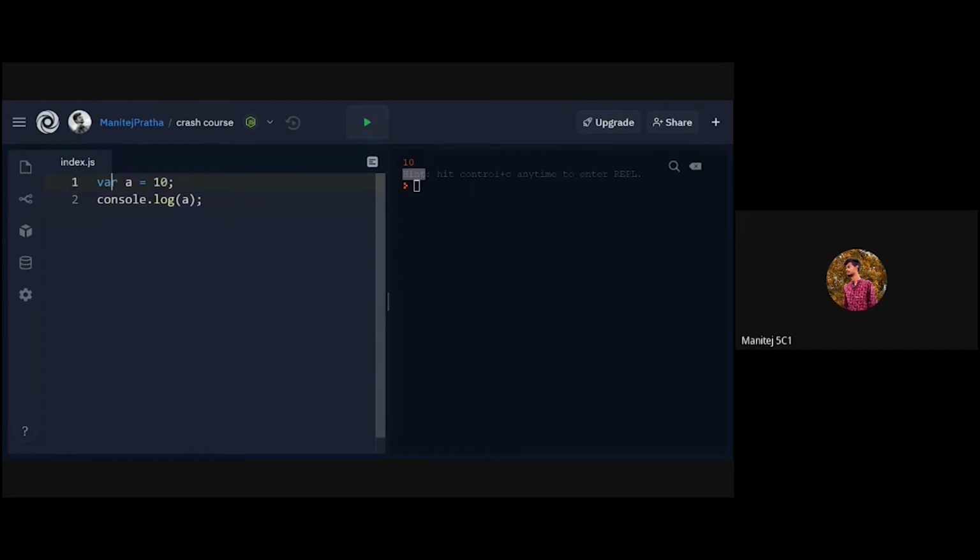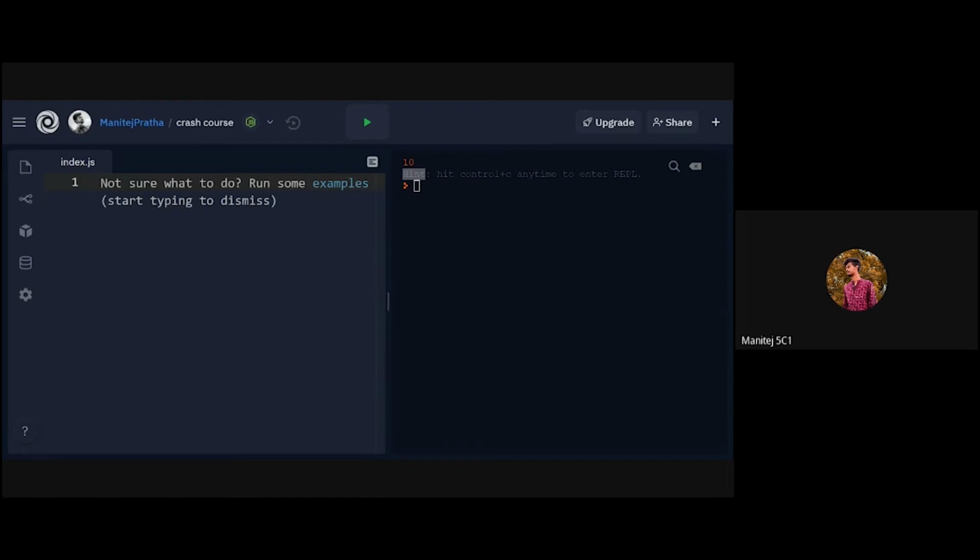You can also use var, but that's not recommended. I hope it's clear. Just a recap: to create a variable, the syntax is let variable name equals value, terminated with a semicolon. That's it. You don't need to import anything and all the stuff like you do in normal programming languages. Cool. That's about how to create variables.